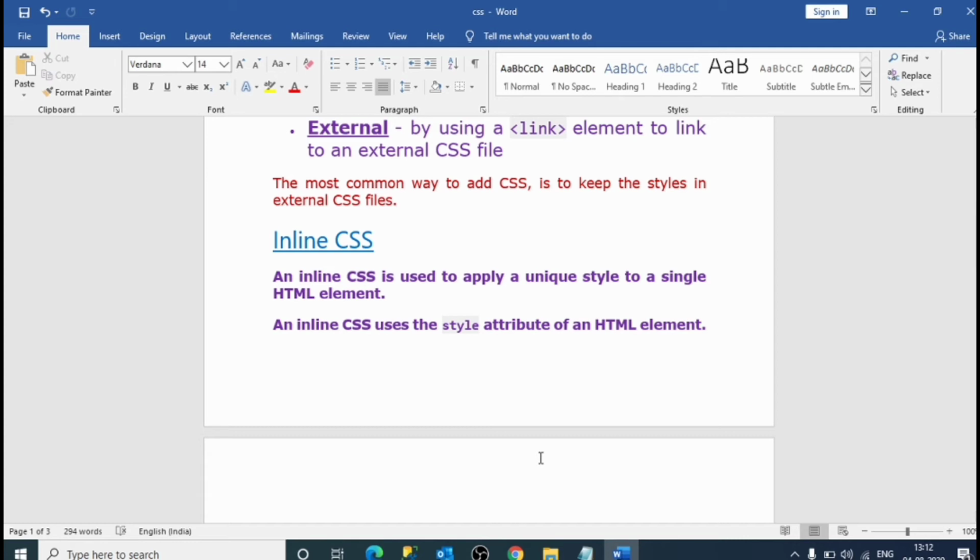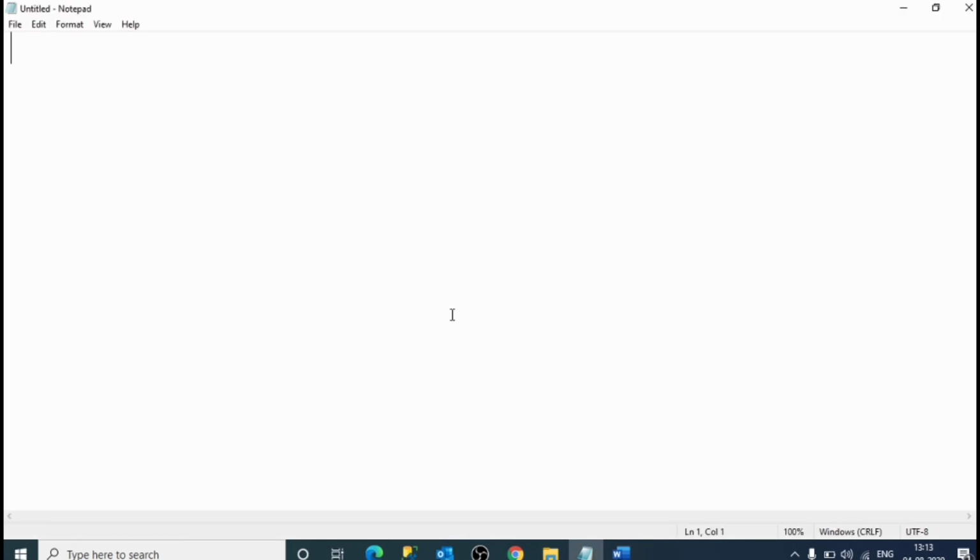Now we will see an example of inline CSS. We'll write a code. Doctype HTML, now html, body.